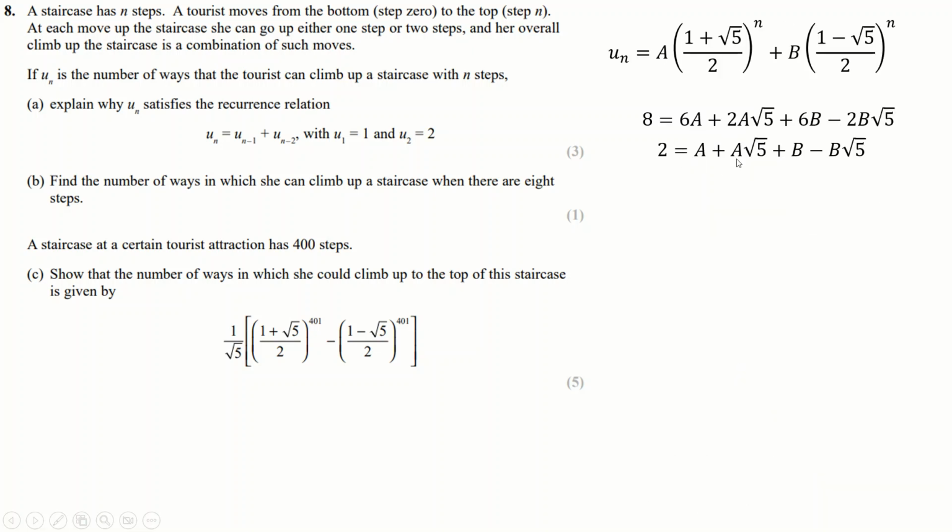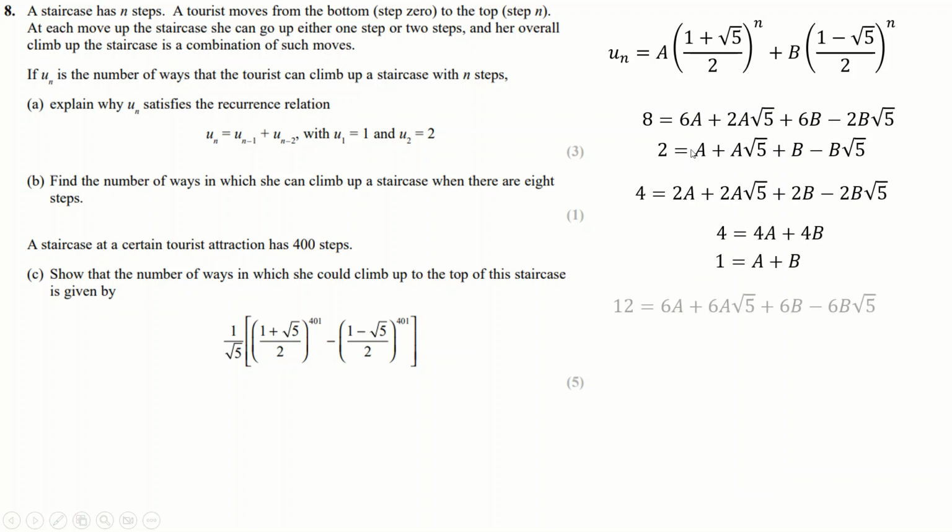I think I times this one by 2, and then did this minus this to get this, which divides by 4 to make this. And then I think I times that by 6, yes I did, and then did this minus this to get this, divide by 4 to get this, and of course divide by root 5 to get this, and now this and this work quite well together, because we can do this one plus this one to get